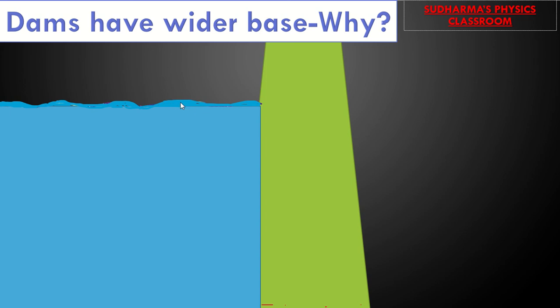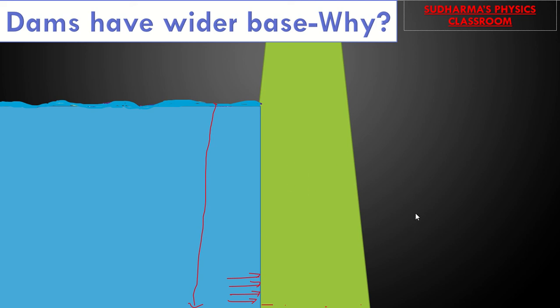So when you measure the depth of this water from here, right, this is the water level. When you reach the bottom of this dam, the pressure, as per our understanding now, the pressure exerted by a liquid at the bottom, when it is a greater depth, will be more. So the water at this bottom level of the dam will be exerting more and more pressure on the constructed dam.